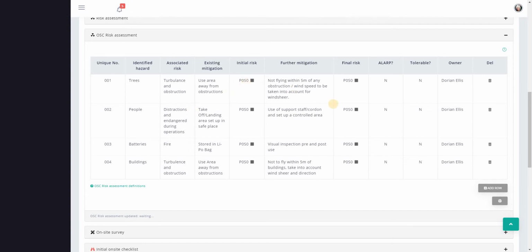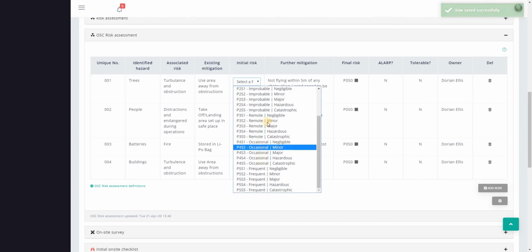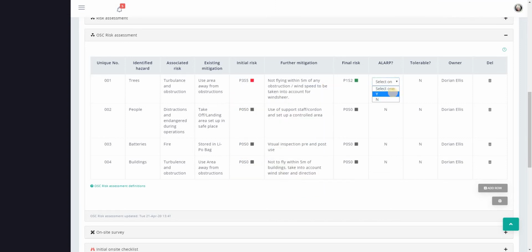So what you can do in Dronedesk is have a set of default risks that will be pre-populated for every job you create in the system. It'll look very much like this, where the hazards, risks, mitigation and further mitigation are already populated, along with the owner and the unique number. It's just a question then of you, for each job, selecting the appropriate risk, and setting whether or not it's ALARP and tolerable. So in order to make any changes to this default list, you just need to head to Settings,